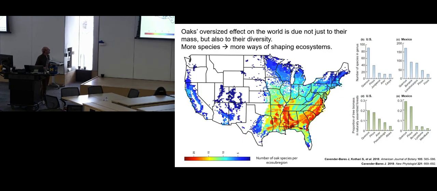The number of species that we see in oaks, which is higher in the US and in Mexico than any other woody plant genus, is essential to their effect on ecosystems. Because the more species there are, the more ways there are of shaping ecosystems. As a consequence of diversity,